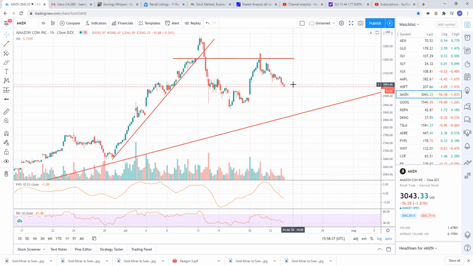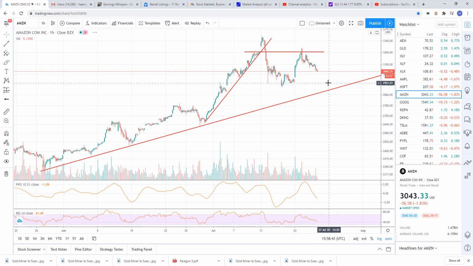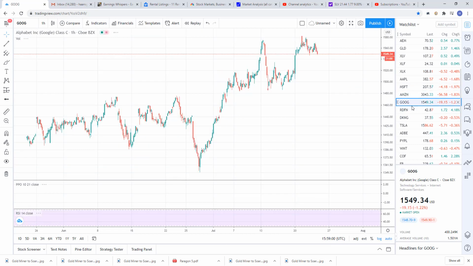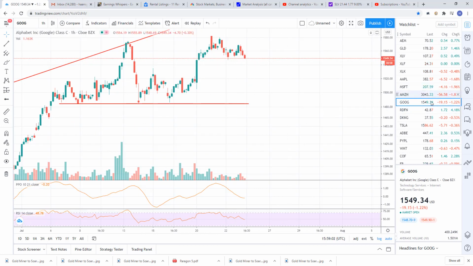So look at Amazon starting to sell off. Probably going to come down and tag this support line. I don't think it'll do it today, but could easily do it in the next few days. Here's the play that might work out. It might run down at some point in the next few days, tag this support line, and then earnings comes out negative and this thing gaps down. Just a possibility. Google, weakness, so we're seeing weakness across the board on these FANGs.